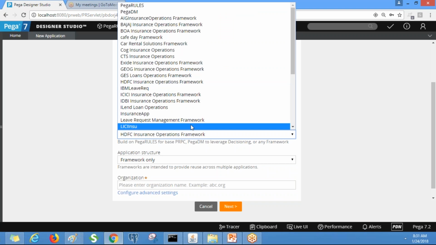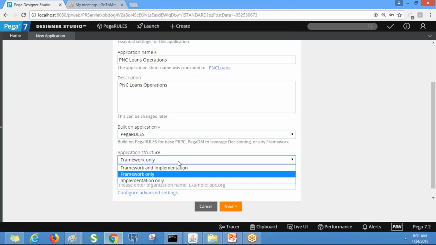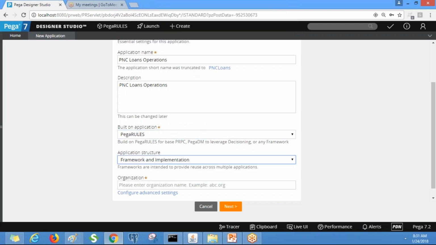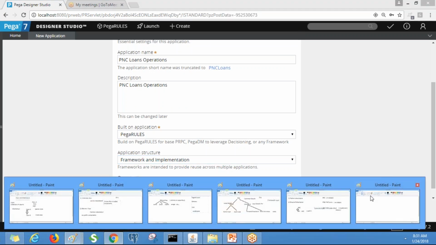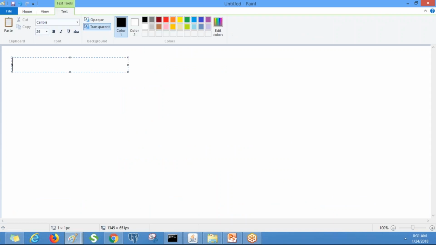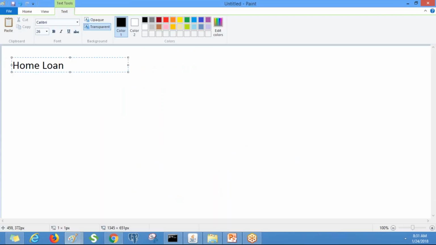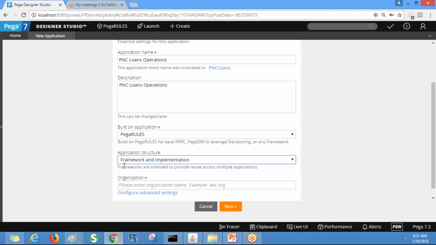Okay, let's see. Suppose I have selected framework and implementation. After that I will design a home loan application. While designing, I will put the common functionalities which are required for any kind of loan under the framework layer.